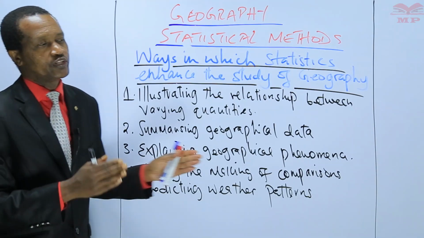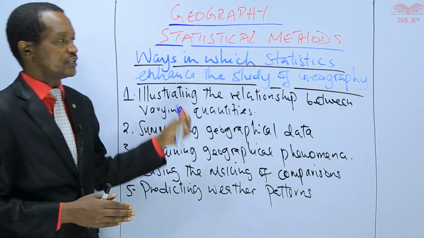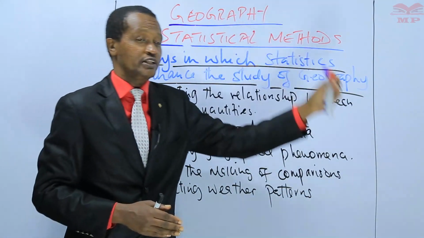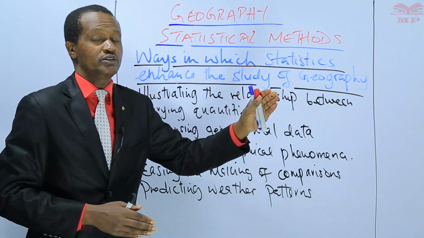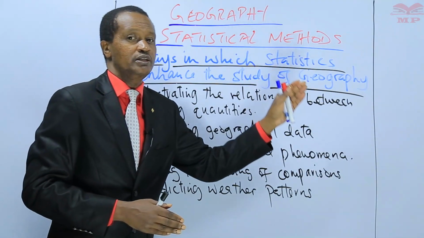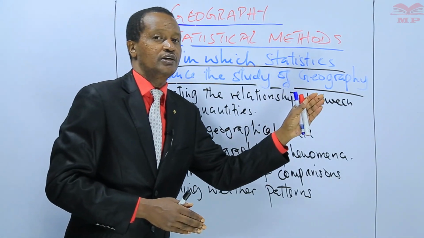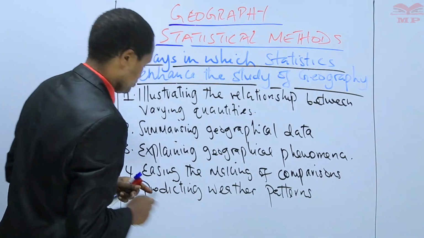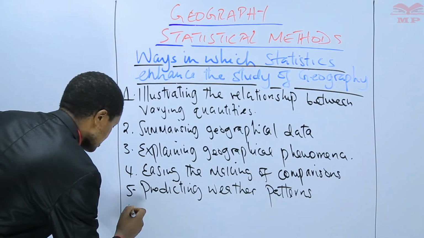We can look at the trends in temperatures over the years by measuring temperatures over the years. By measuring the amount of rain over the years, we can easily tell that during this time of the year, during this season, there is likely to be this climatic or weather condition, like the El Nino. That is number 5. Then number 6,